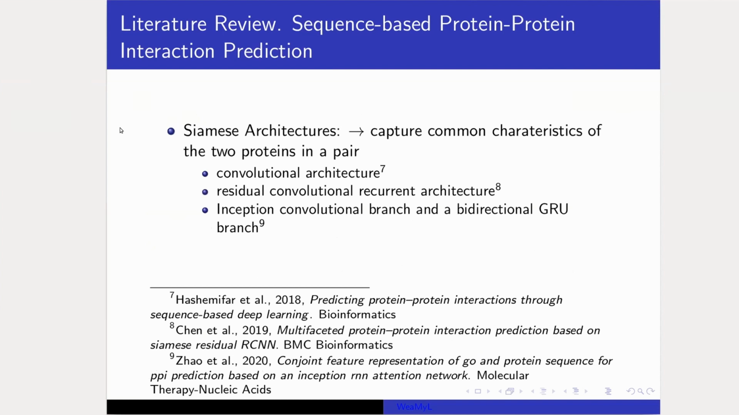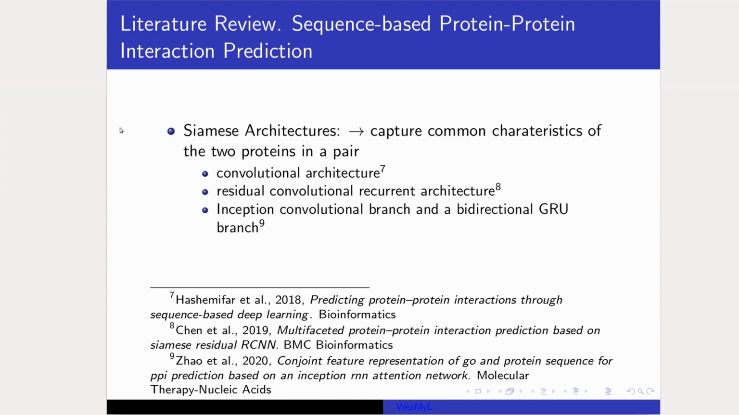Another quite widely studied idea, especially when working with neural networks, is trying to design some architectures that are specialized for paired input data, because in our setting, our samples are actually a pair of two other items, of two proteins. So from this perspective, Siamese architectures have been used, which are actually neural networks that have a shared network,